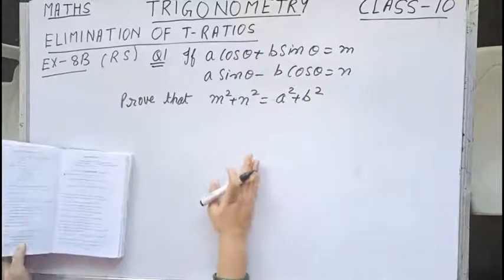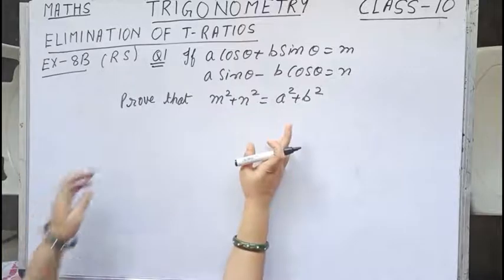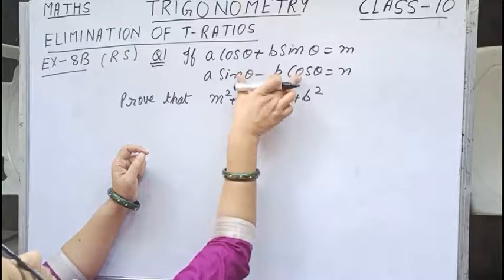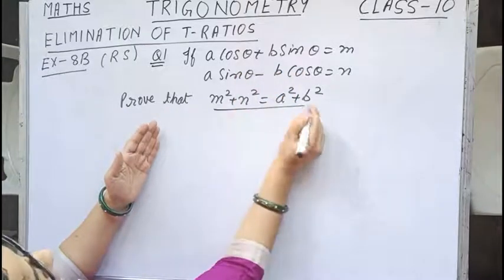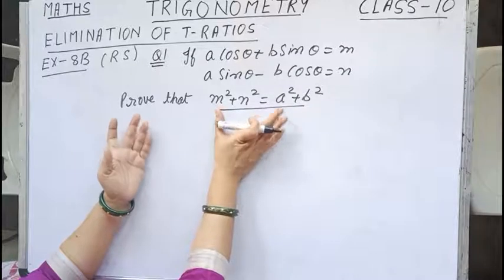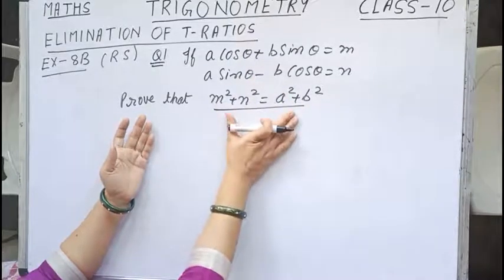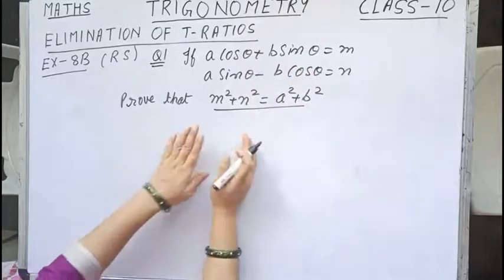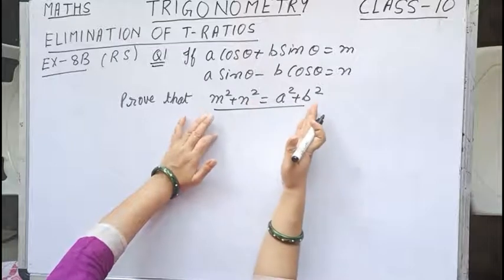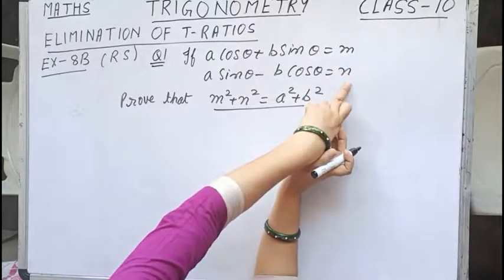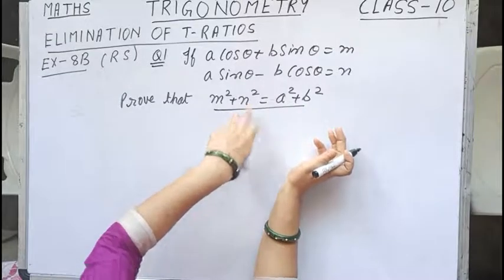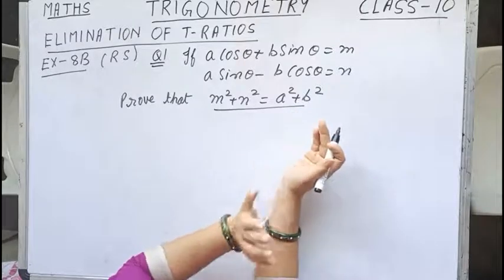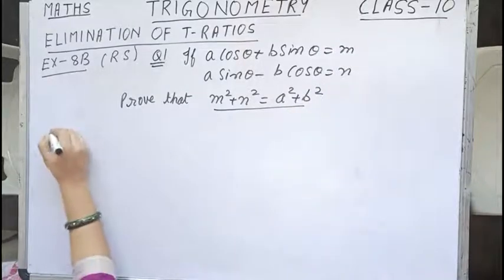So children, by seeing the question only the topic is clear. The question is saying that if this plus this equals m and this minus this equals n, now this involves the t ratios, and the required equation which I have to get does not involve any of the t ratios. So we have to solve these two equations to get this equation by eliminating these trigonometric ratios. So it's easy. We will start with LHS, obviously I'll be getting RHS. Since the m and n values are given, I'll definitely start with LHS. Now suppose the values of a and b were given, then definitely I would have started with RHS. It's a judgment, you should decide. So let us start.